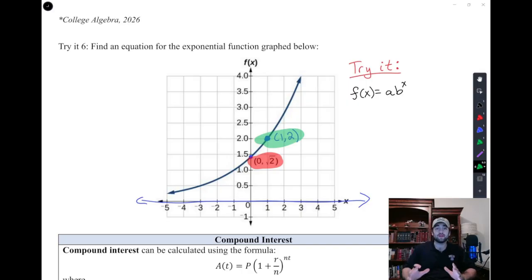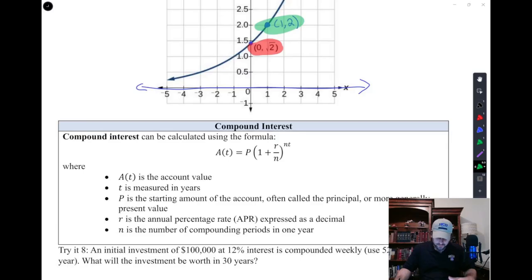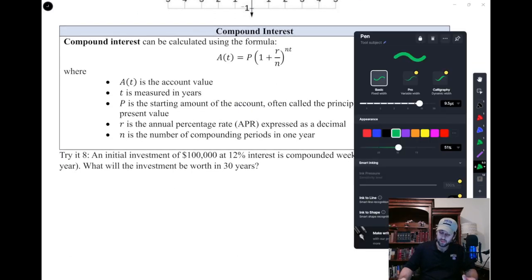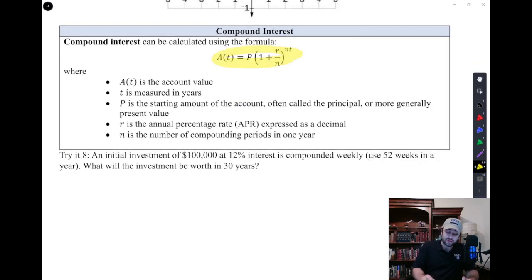All right, so now we're going to look at some applications of this, which come in the form of interest. One of the most common applications, other than population growth, is banks. Banks use exponential functions to accrue interest on loans and on investments. And so we've got a formula for compounding interest. And what this means in the very, very shortest version is, if I lend you $10 and I say you owe me $10 in a year,